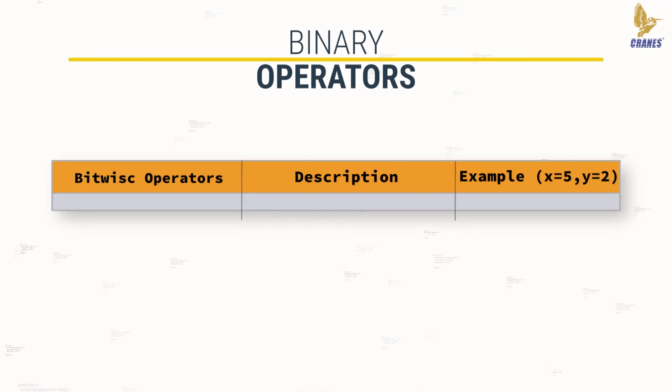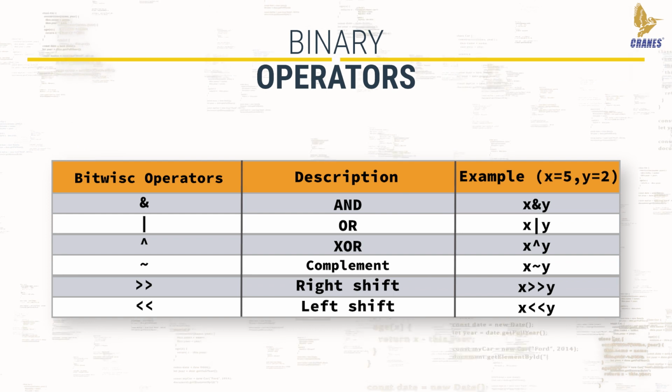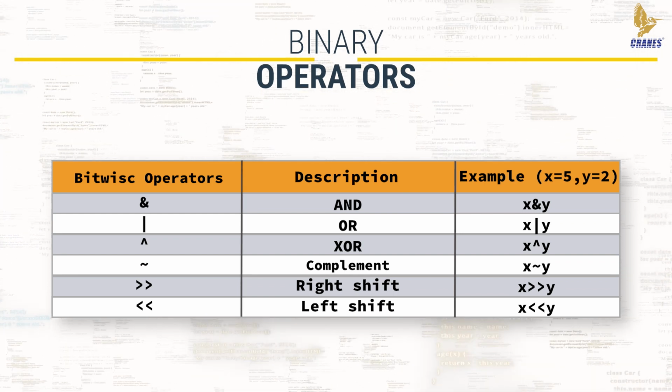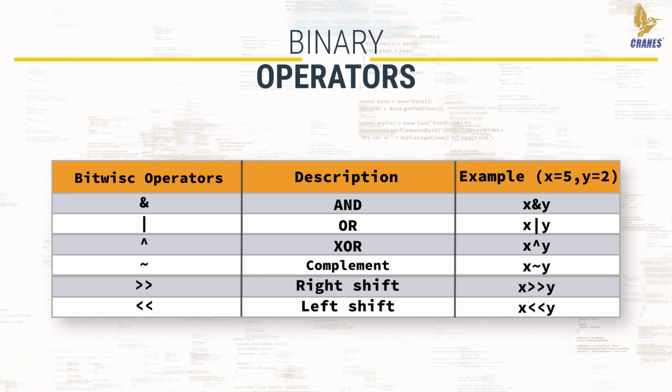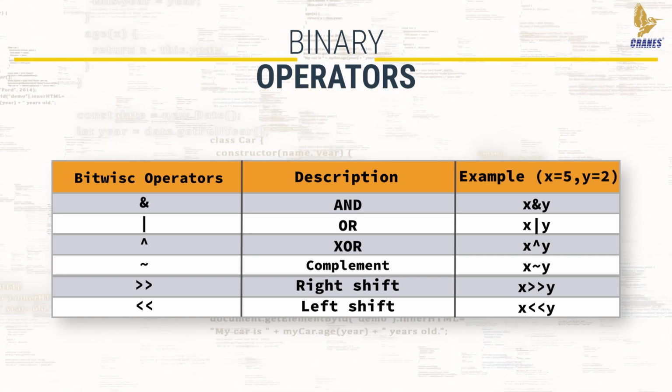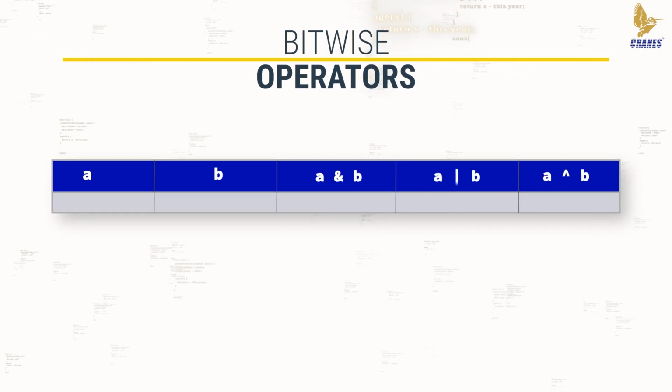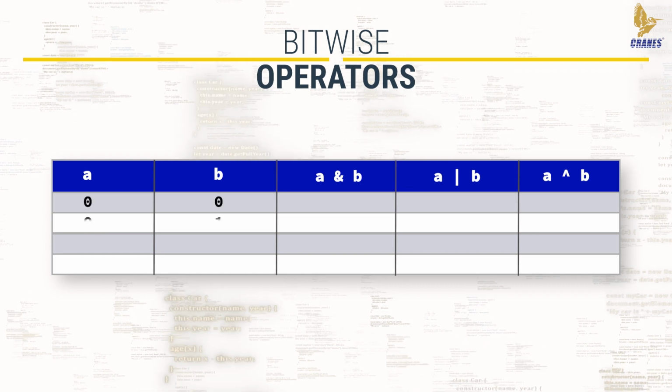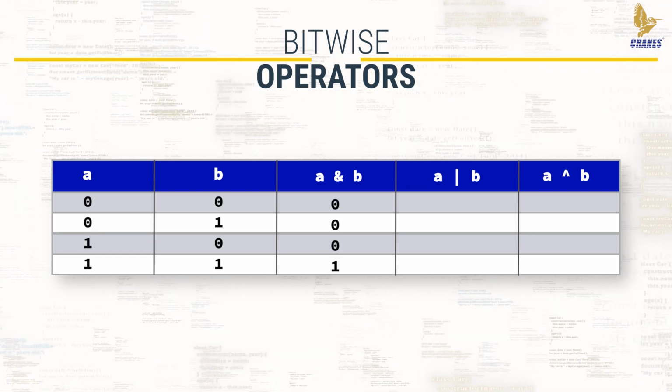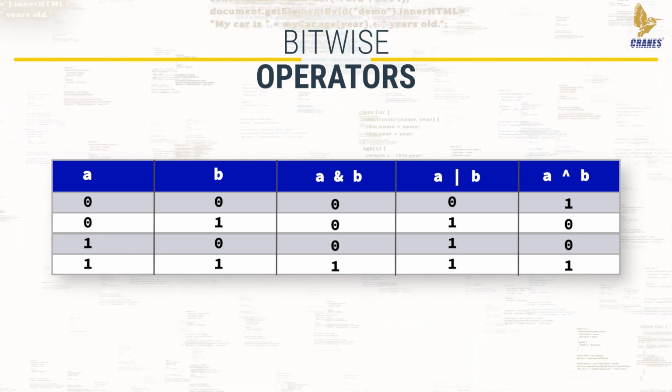Next we have the bitwise operators, in which we have bitwise AND, OR, XOR, complement, right shift and left shift. Let us understand the bitwise operators with the help of truth table. The bitwise AND operator compares the bits. If both the bits are high, that is 1, then the result would be high, else the result is low,